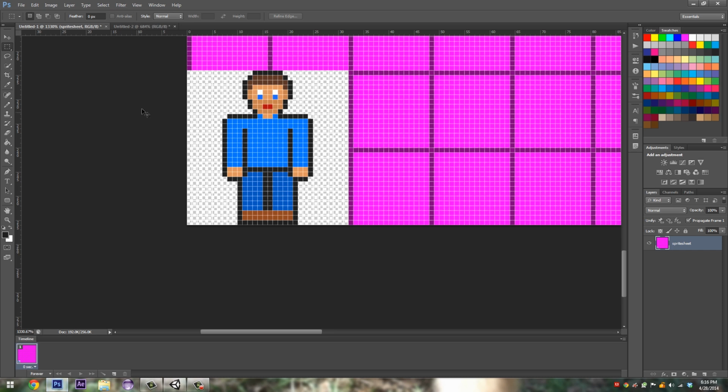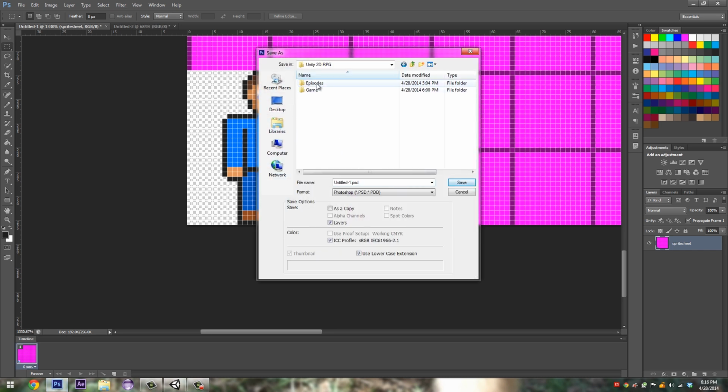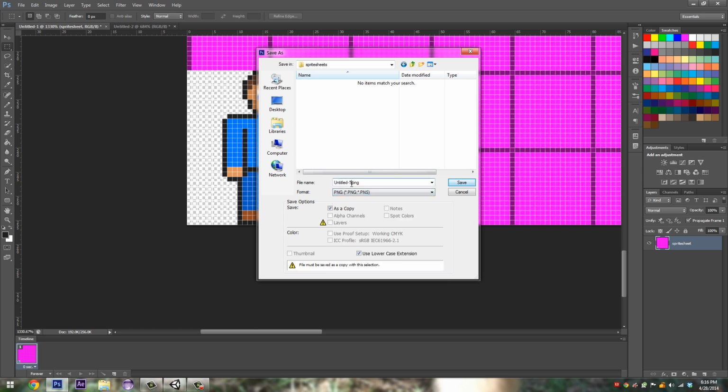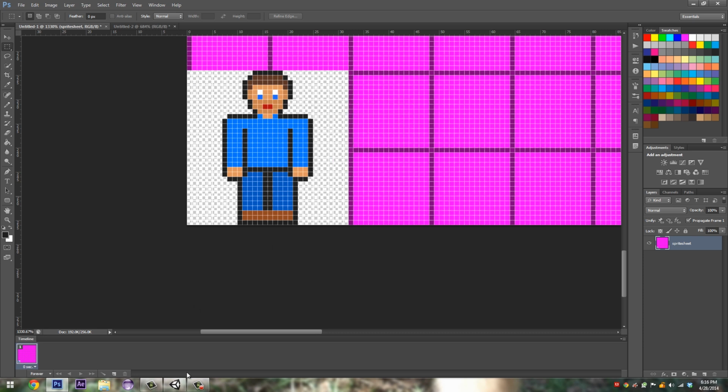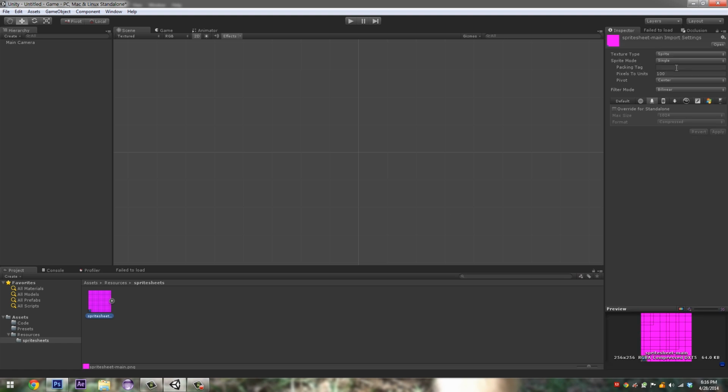So in Photoshop, let's save our sprite sheet in resources, and then I like to call it sprite sheets because maybe we'll want more than just one sprite sheet in the future. I will show you how to do that, not right now though. So just sprite sheet main. Of course, this is all preference, what you want to call it. So you see here,